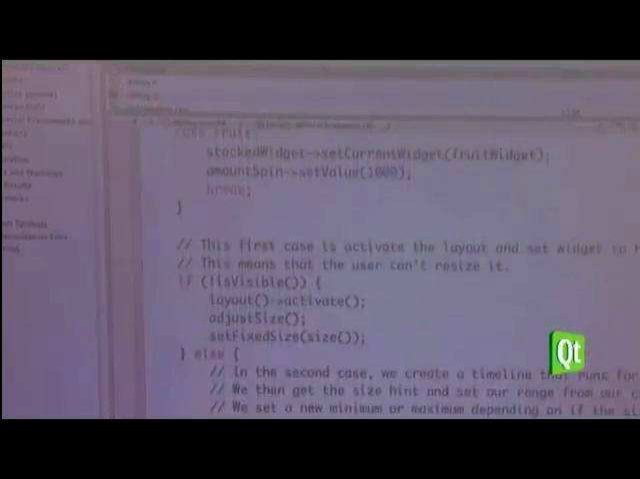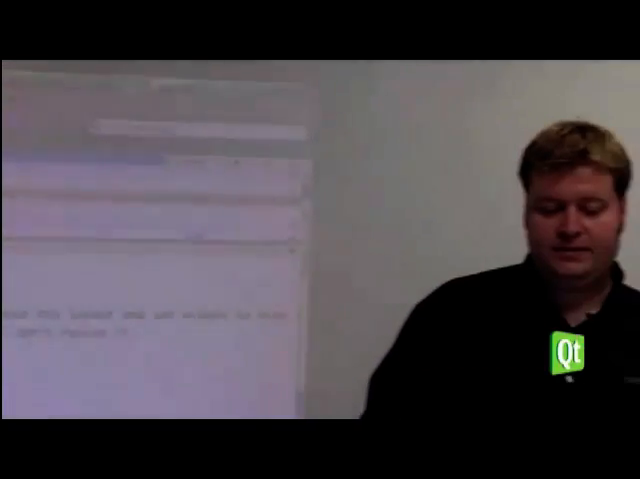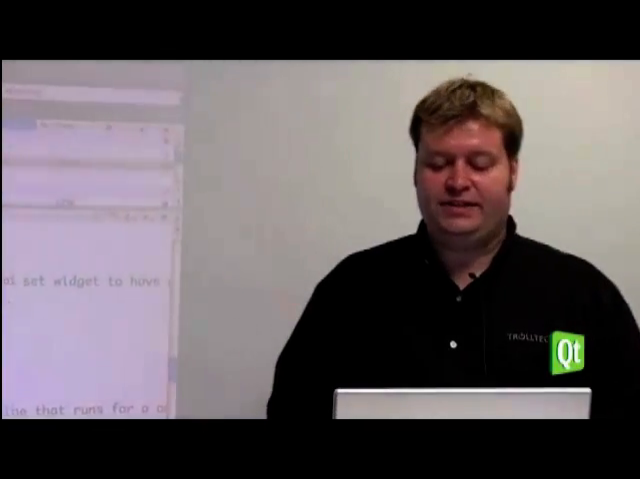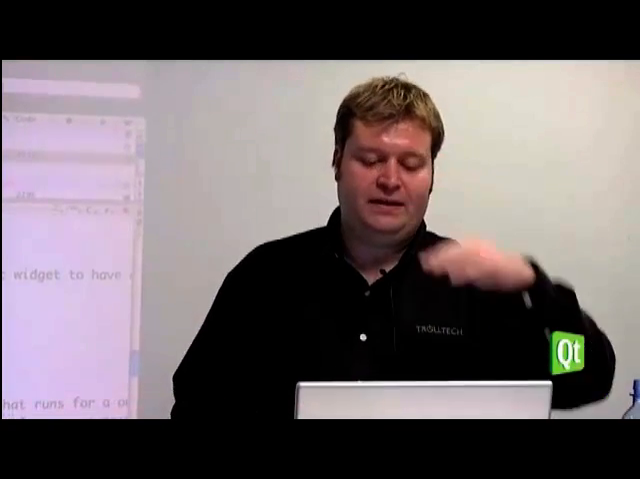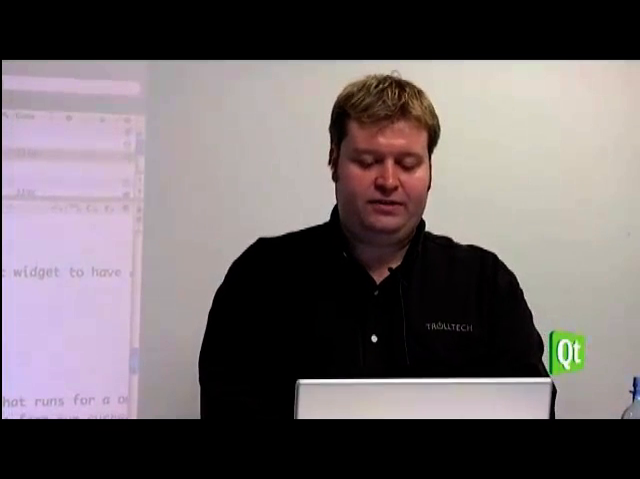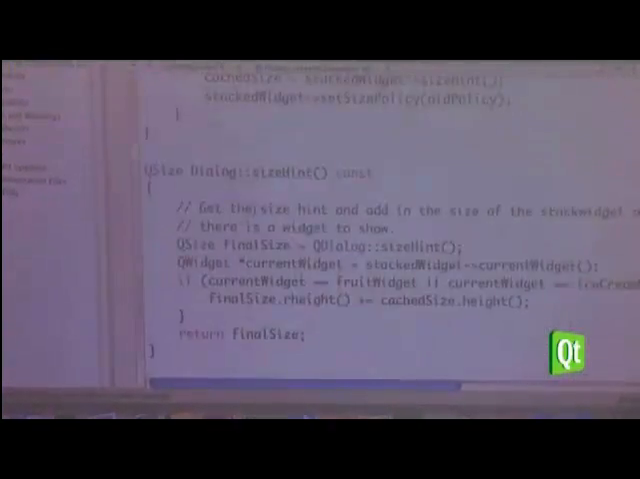besides setting up some other things, I activate the layout, and then I call adjust size on it. What this does is activate the layout and make it start computing its size hints and various things like that. Calling adjust size will make sure that it's fixed to the exact size you want. And then I call set fixed size on it. The reason I call adjust size is that it will eventually call and activate the size hint,